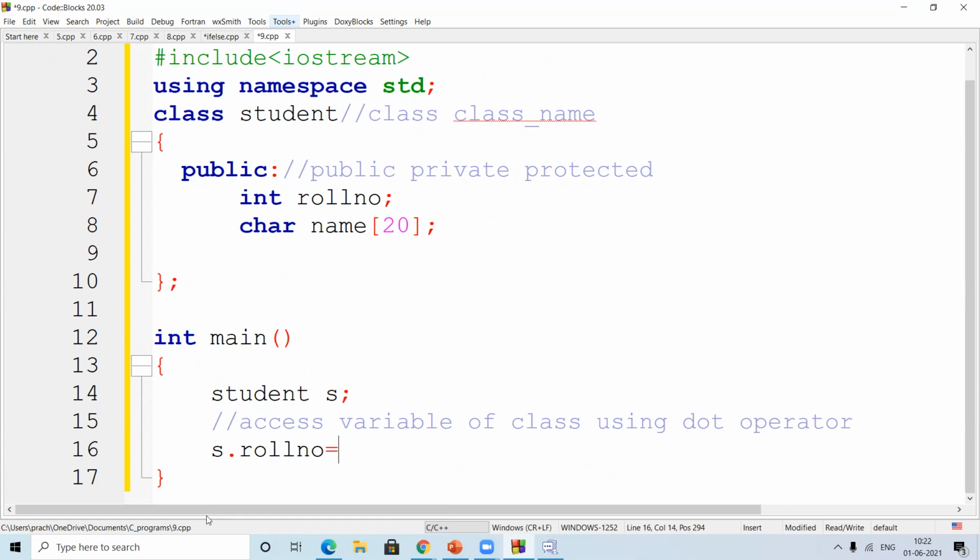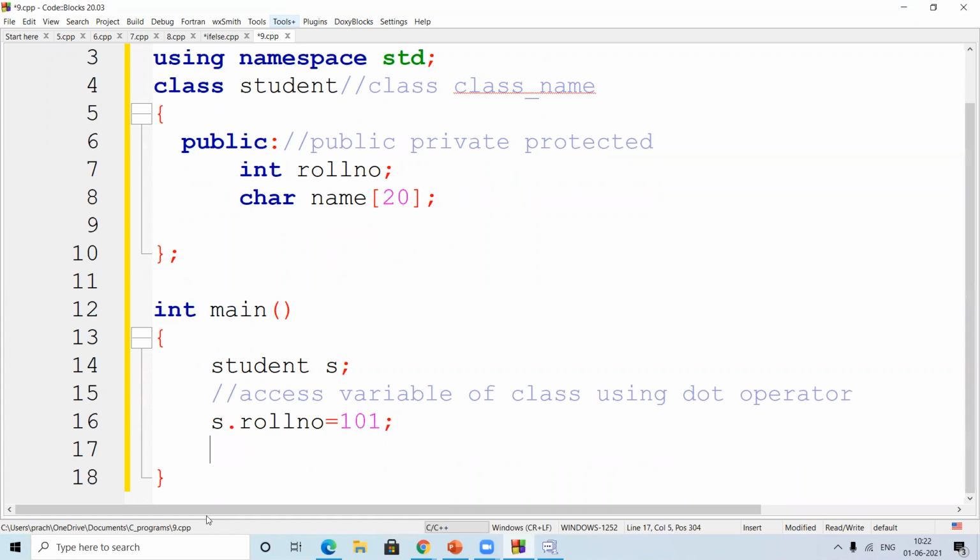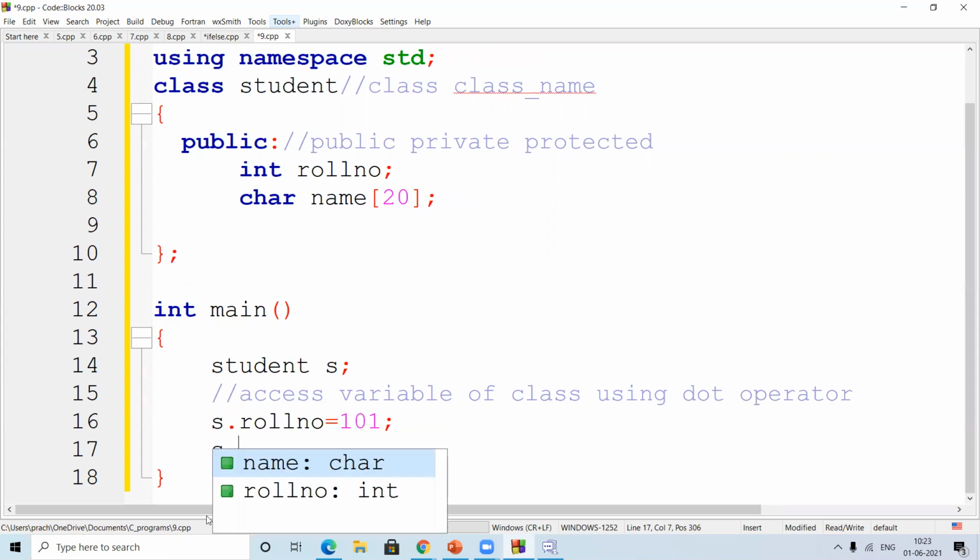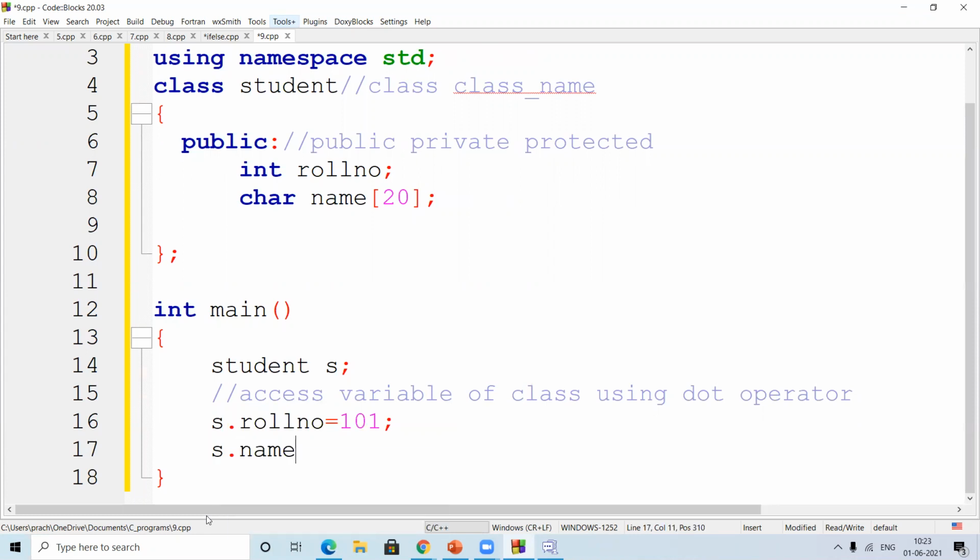Okay, we don't need to take input. So I'll just put 101. Then s dot name, which I'll just put as a name for the purpose.